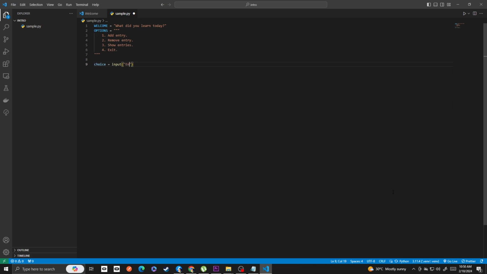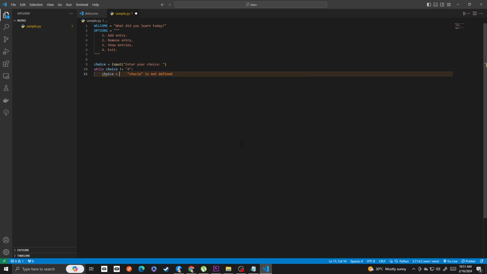Now we will ask the user, enter your choice. Now while choice is not equals to string 4, because the 4 is the exit. Okay, while it's not 4, it will continue to ask us